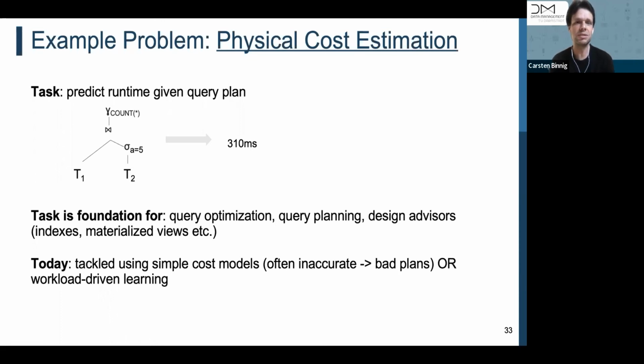we looked into the question: can we predict the runtime of a given query plan? So there's a database, a query plan given, and the model should give us back that the query takes approximately 310 seconds in this example. And we think it was a good starting point because this is a good task for a foundation that can be used for other tasks, for example, for physical query optimization, where you need to decide which physical operator you want to use, but also for query planning, so scheduling,